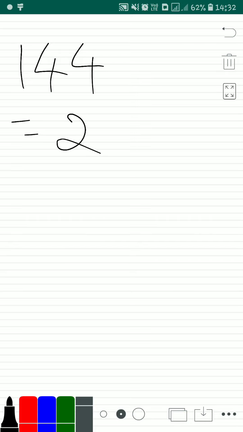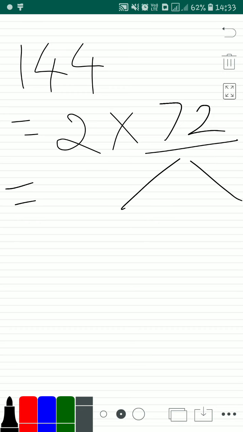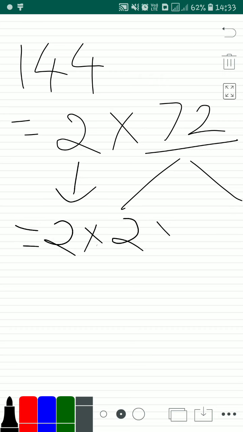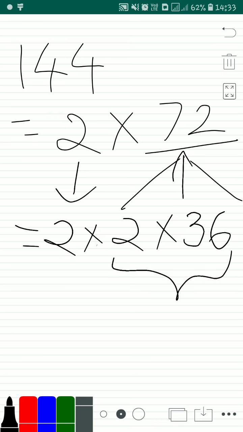Two is the prime number which you have to multiply with a certain number to give you 144, and that is 72. After this, you have to start splitting the number again with 2 if possible, and if not possible, then with 3, and if not possible with 3, then 5, and so on with the prime numbers. Here 72 is an even number, and that is the reason it can be split by 2. So we keep the first 2 as it is, into 2 into 36, which will give you 72 back.